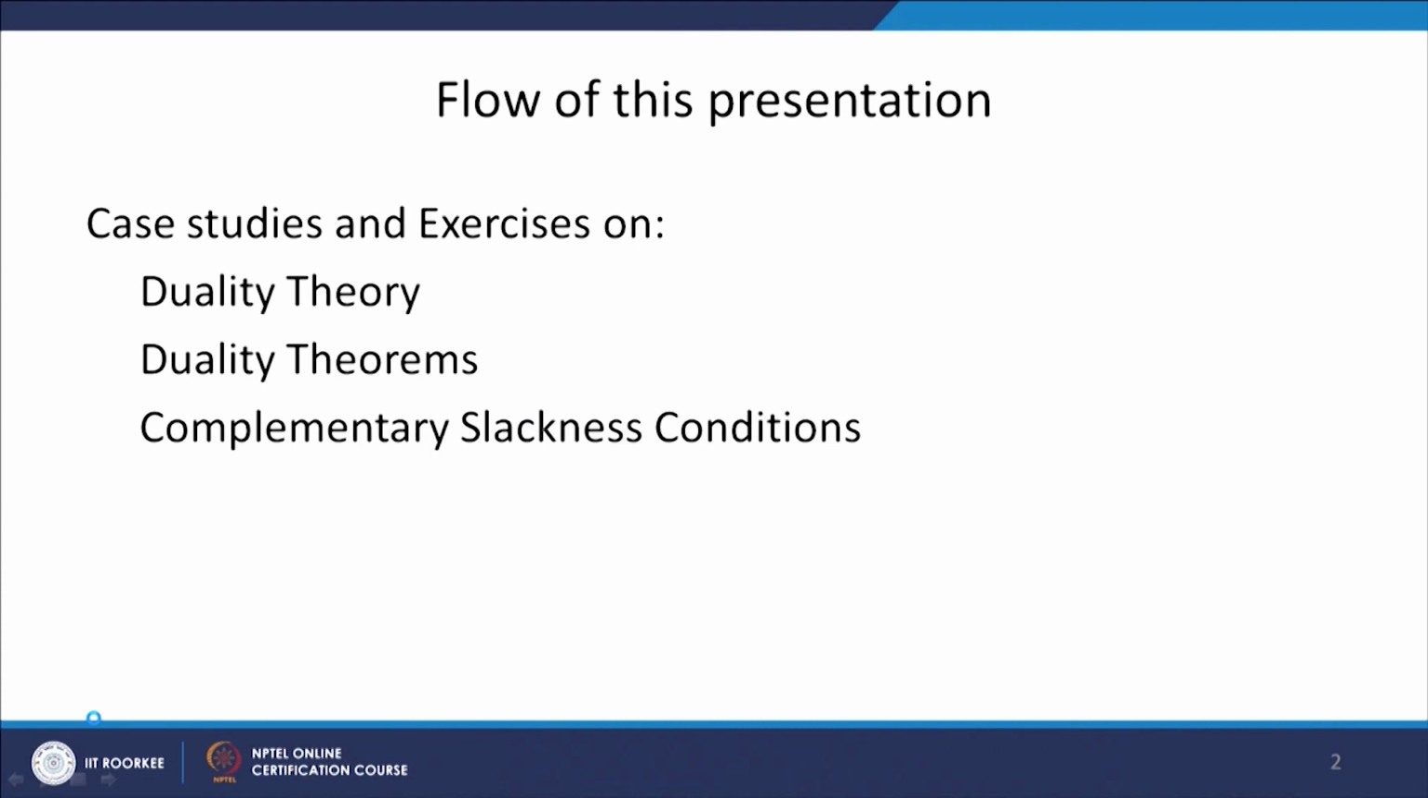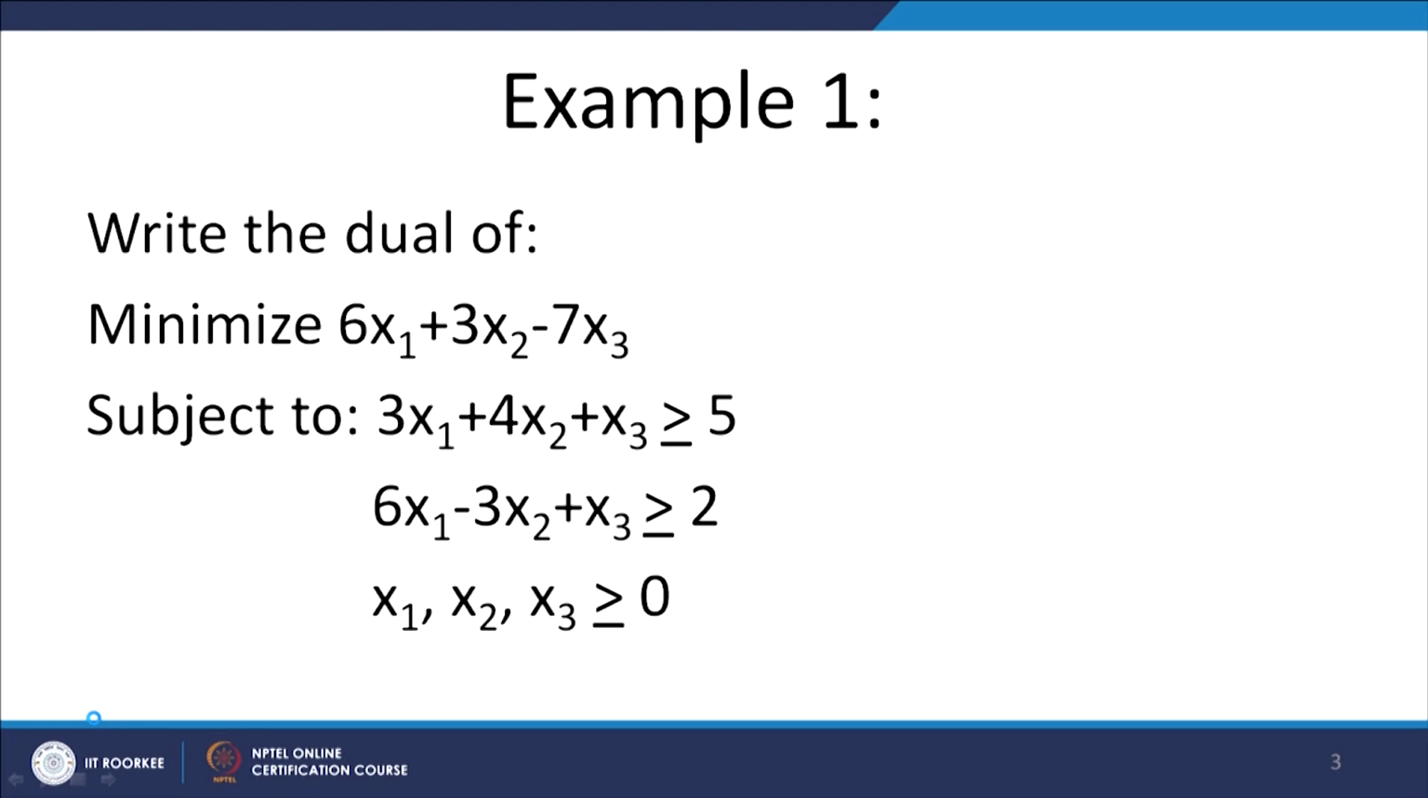Good morning, students. In today's lecture, we will study some case studies and exercises. We will cover the duality theory, the duality theorems and the complementary slackness conditions. So, let us get started. The first example that we are going to consider is to write the dual of the following problem: